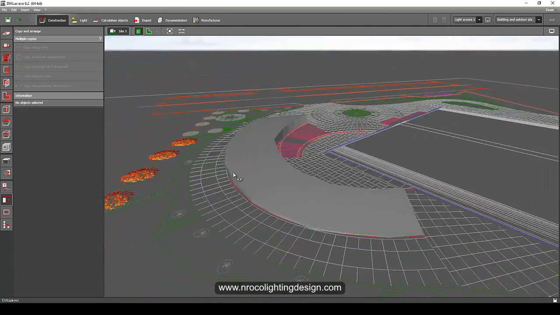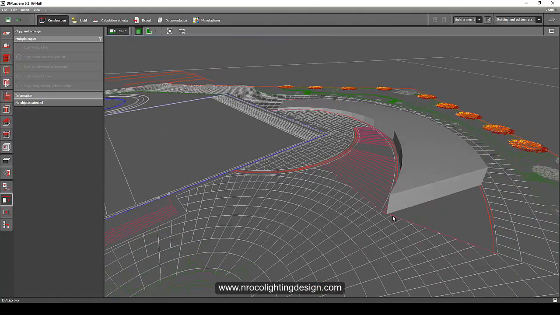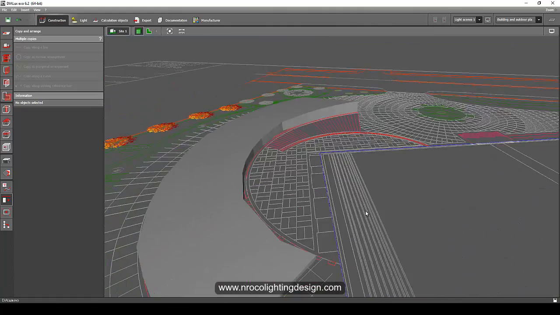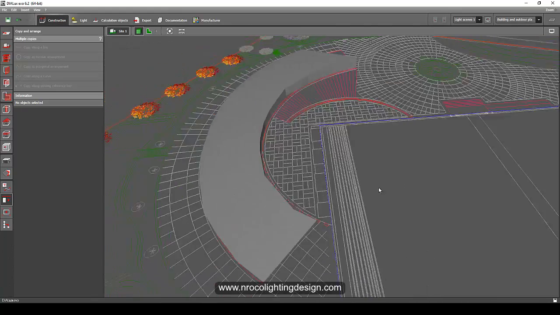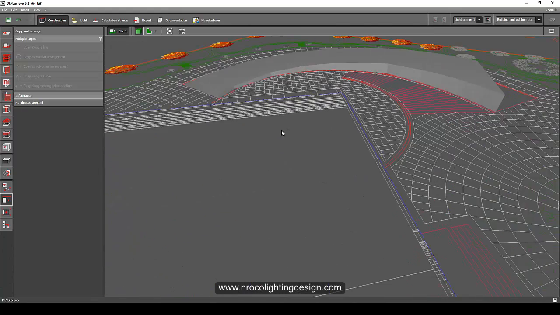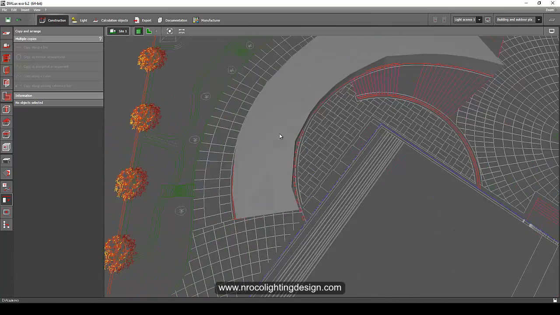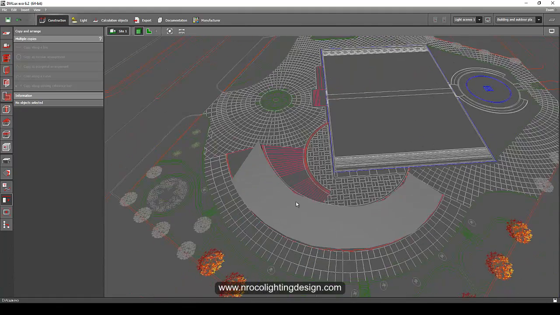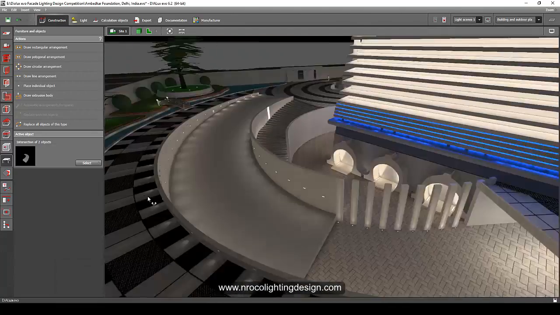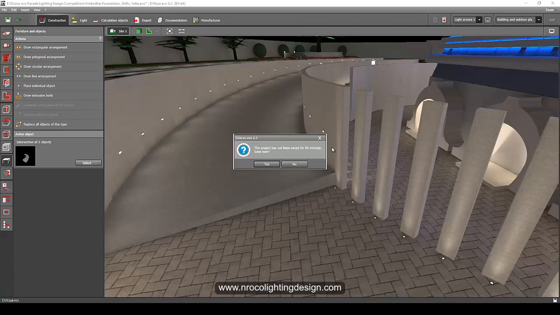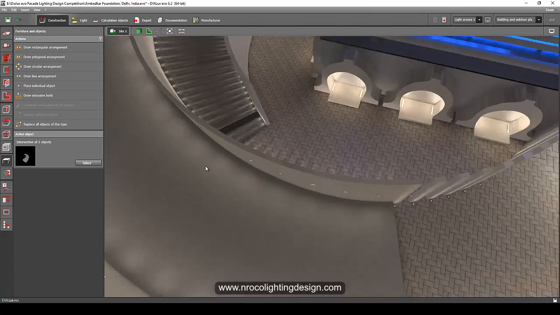It's not that perfect, but see here, this is flat, and then you need to fill this gap. And this one, well, we cannot do anything about it because this is how Dialux Evo is, very limited in creating objects. So yeah, that's it. This is how I did my ramp, and that's why I did not create a view like on this side, because I'm sure everybody will notice this one.